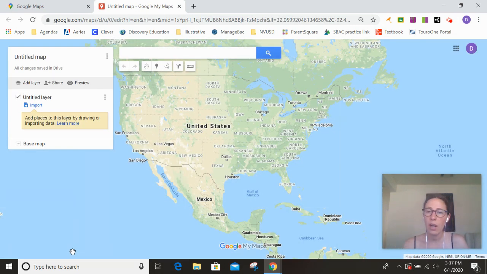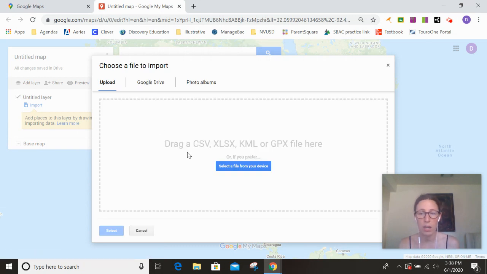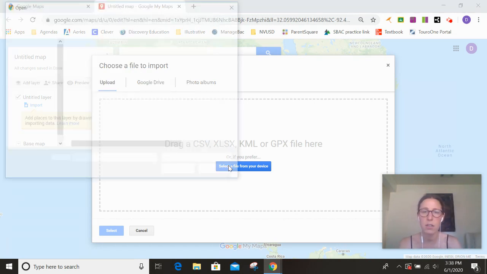So there are a couple different options here. If you are a visual learner and you just want to see an overview of places, this first part is the best way to do it. The best way is to import a list if you have a bunch of them, or you can type them in, two different options. You can import from either Google Drive or upload from your own drive. I have an Excel sheet that has the list of the places with the addresses, so I'm going to select the file from my